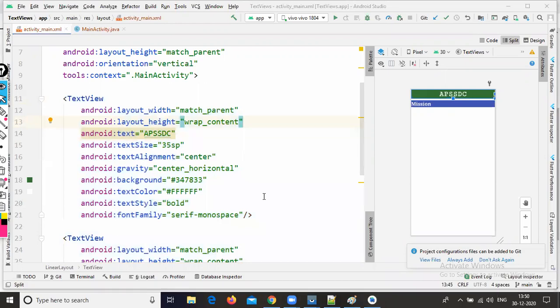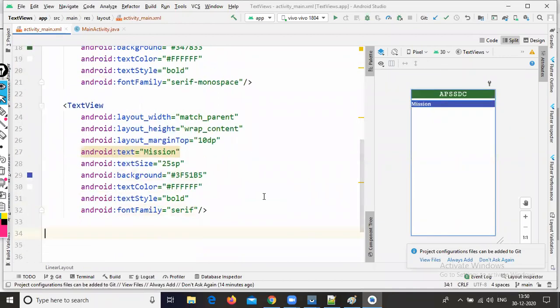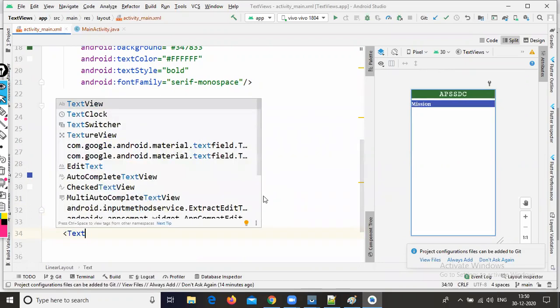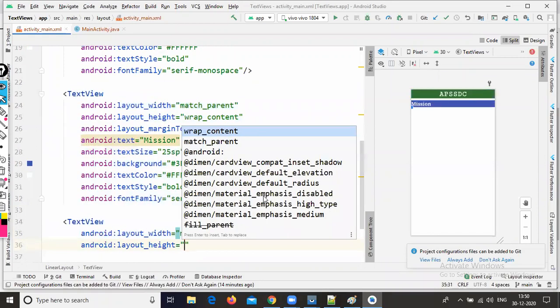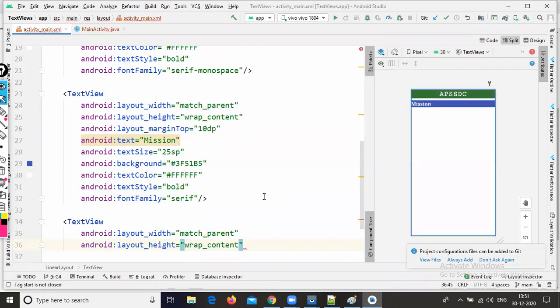Now after that, I want to implement the paragraph, some brief description of the APSSDC mission. So create a TextView, width as match parent, height as wrap content.